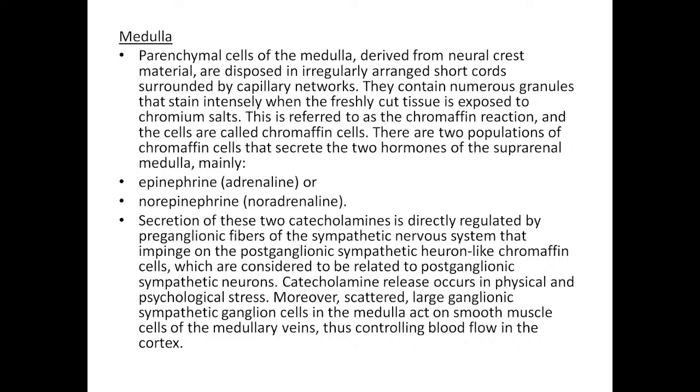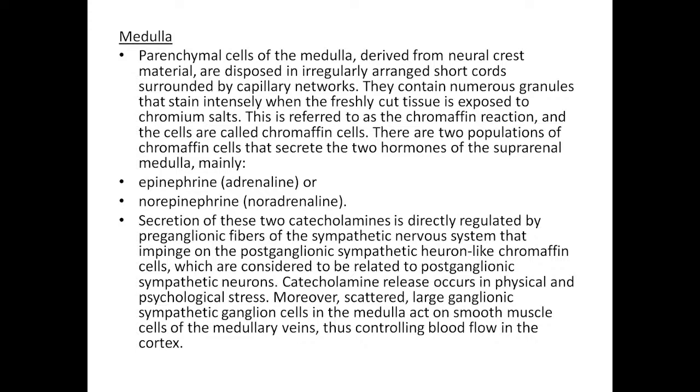Medulla. Parenchymal cells of the medulla, derived from neural crest material, are disposed in irregularly arranged short cords surrounded by capillary networks. They contain numerous granules that stain intensively when fresh, and the cells are called chromaffin cells. There are two populations of chromaffin cells that secrete the two hormones of the suprarenal medulla mainly: epinephrine, adrenaline, or norepinephrine, noradrenaline. Secretion of these two catecholamines is directly